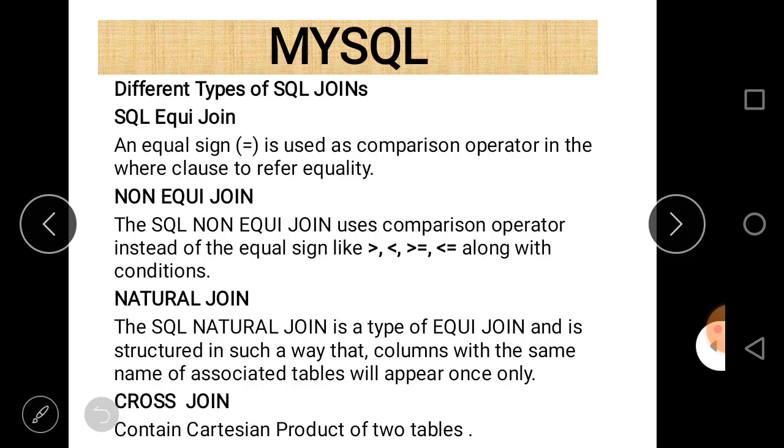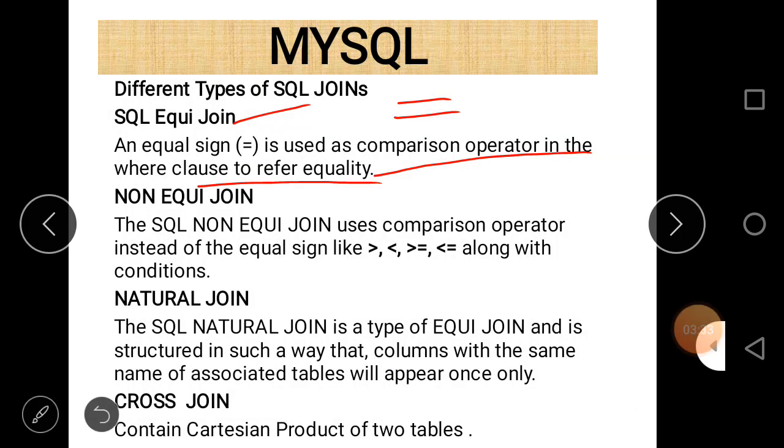Next, SQL equijoin. It is called equijoin because the equal operator is used as the comparison operator in the where clause to refer to equality. And as the name suggests, non-equijoin is just the opposite of the equijoin.